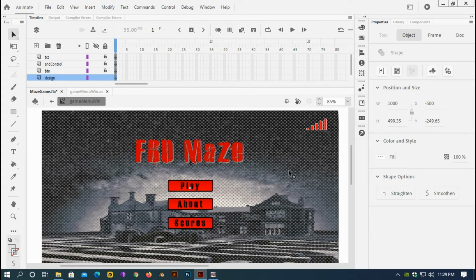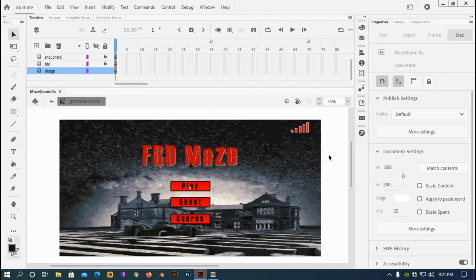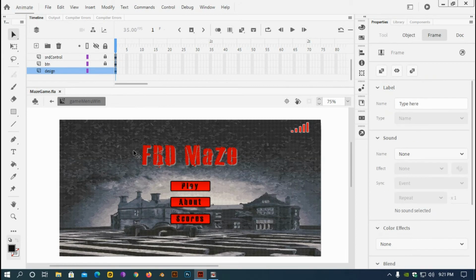Height is exactly the same, because if your background is smaller than your stage, and you want to make your game or application full screen, it shows the stage color, and my color is white. Let me show you, my background is exactly 1000,